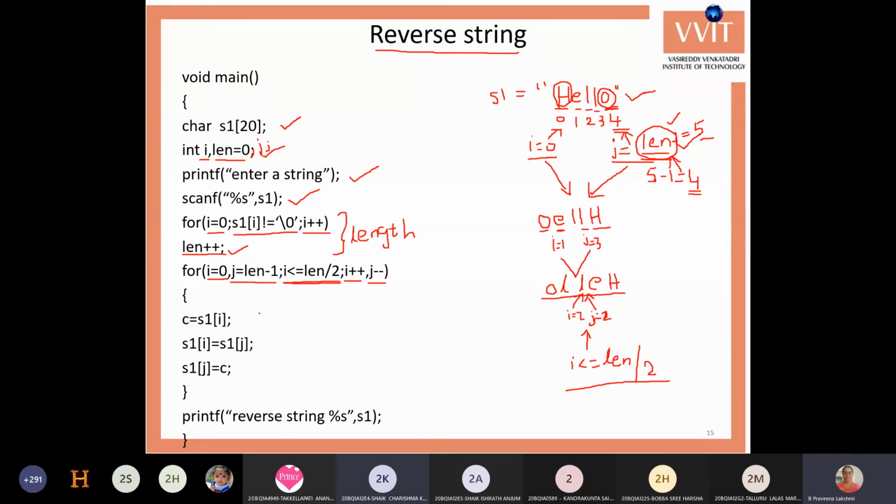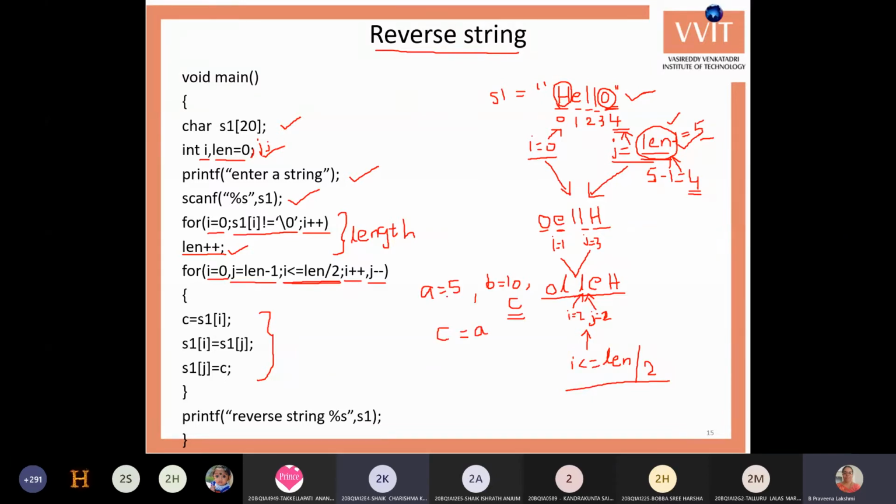Now swapping, we will do with three variables. Say for example, I have two values, a equals 5, b equals 10, and I want to swap these two numbers. Then we'll take one more variable c, and using the c variable we can swap the numbers. We can do it like c equals a.